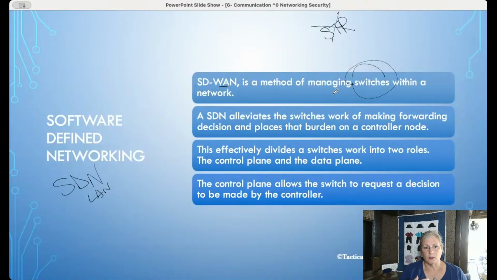Spanning tree is just for loops, but software-defined networking adds a whole lot more than just how can we prevent loops in our switch-based network. Fundamentally, the way I like to look at software-defined networking is we take our switch and we basically chop it in half. We logically have done this in the past. We have our forwarding plane or data plane, where we just see the user's traffic, the actual user data. And then we have a control plane, where any traffic that is just for the network itself, just to manage the network, like traditionally in spanning tree protocol, would be.